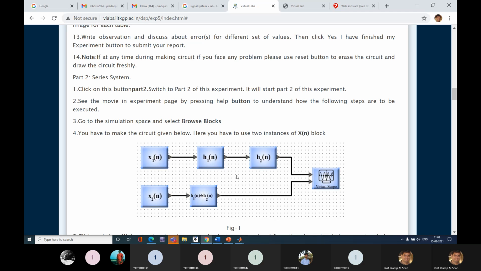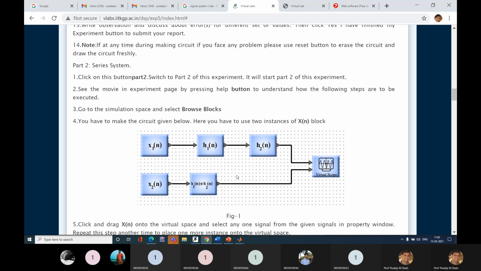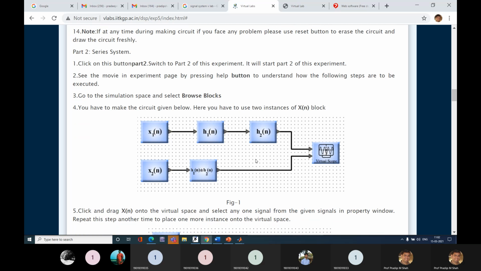If we connect two systems in series, meaning a cascade, if we perform two LTI systems in series cascading, then what is my output?